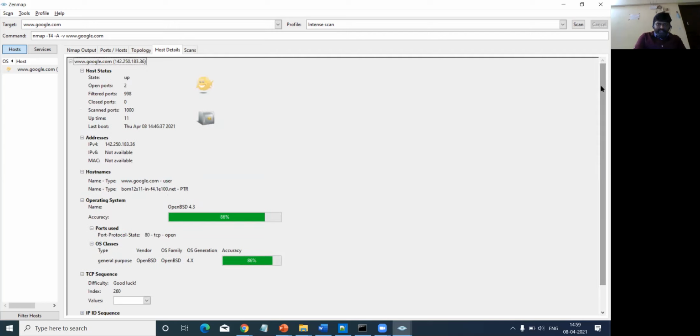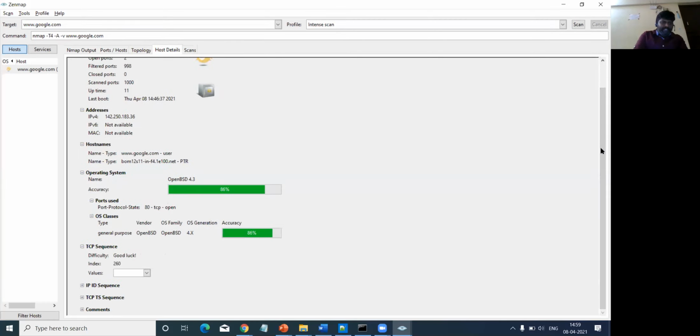There are different icons through which you will come to know how many open ports there are and whether the PC is vulnerable. Here they are not showing exactly what operating system they are using.